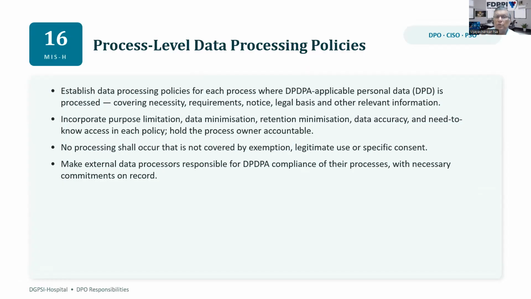Now, when we say need to know, need to know access has to be specific to the process. We are saying that even if the organization has got a data set of one data principal having several parameters, not all parameters need to be associated with a given process. So each process and the users of that process should have access only to the specific data elements relevant to